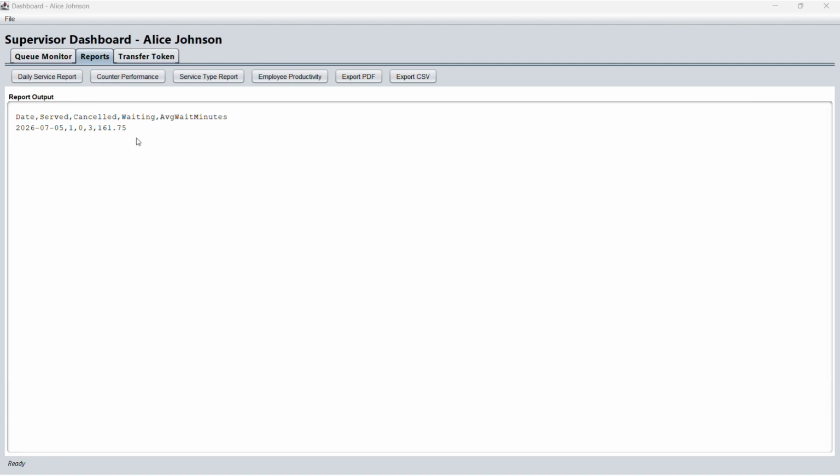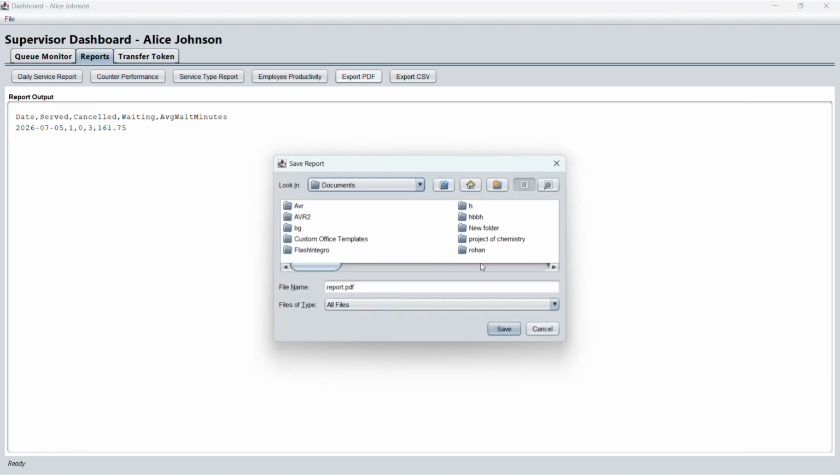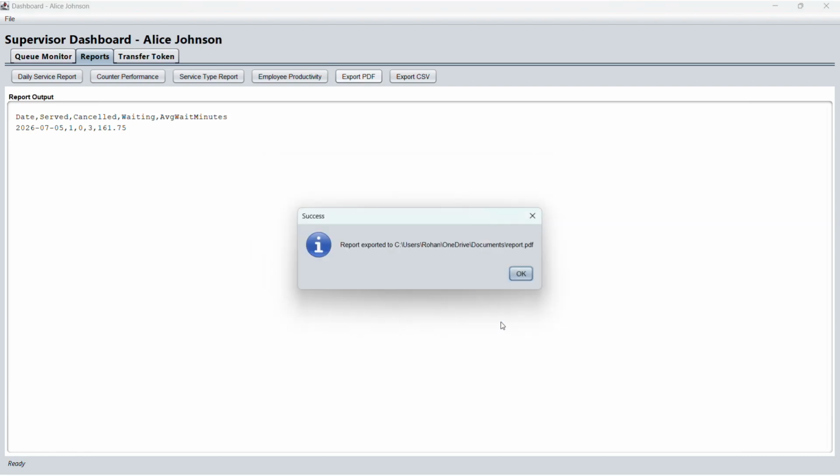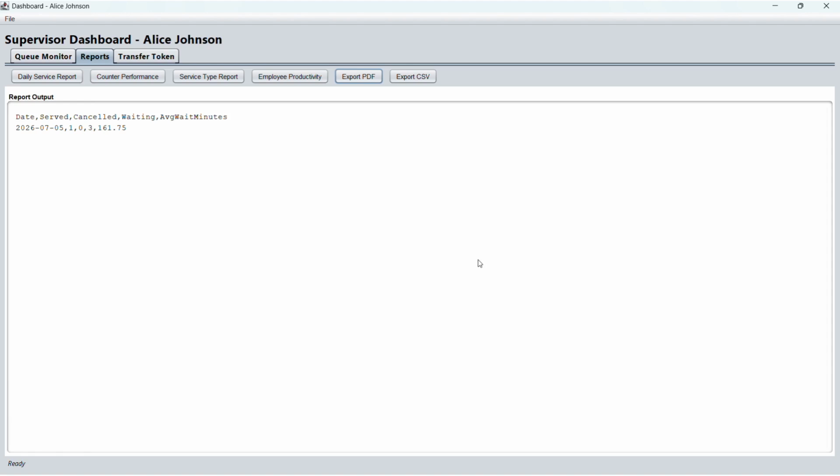The report generates the output for the selected period. From here, the supervisor can either export in PDF or export in CSV.